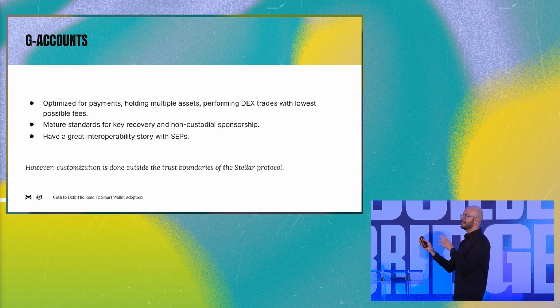There are other parties involved in something like SEP 8, for instance, right? It's kind of like you put a transaction in a black box and it either gets approved or not, but there's no way for you to actually audit the code or make sure that things are going to behave in a certain way.